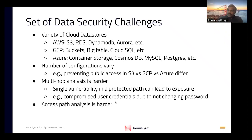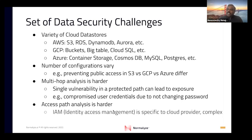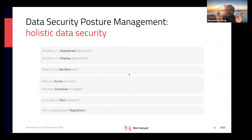And the access path analysis we talked about, going to multi-hops, is a harder problem, and many times if you don't solve it, this can lead to, again, a data breach, right? Understanding IAM is harder, so how you approach this problem is even much harder. So data security posture management overall collectively tries to address